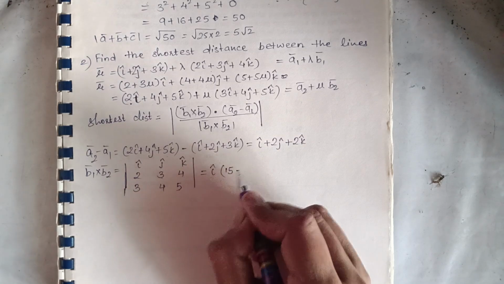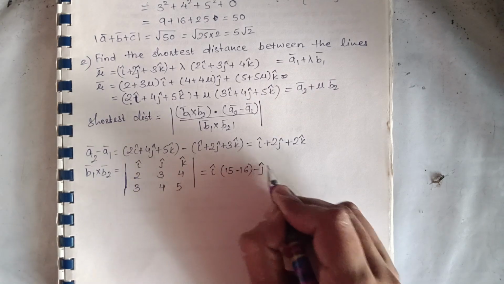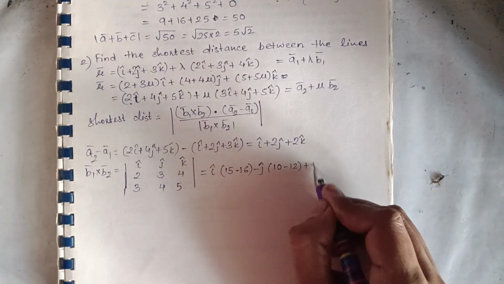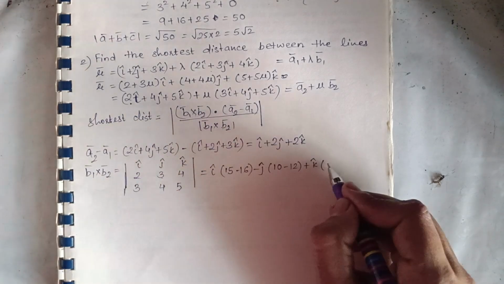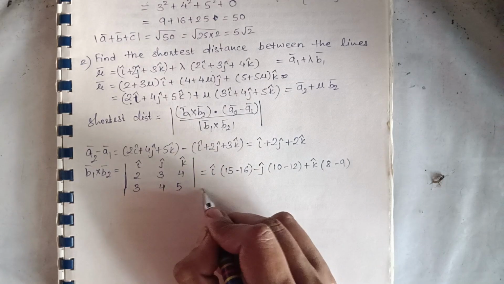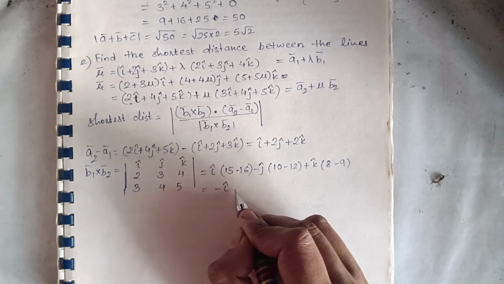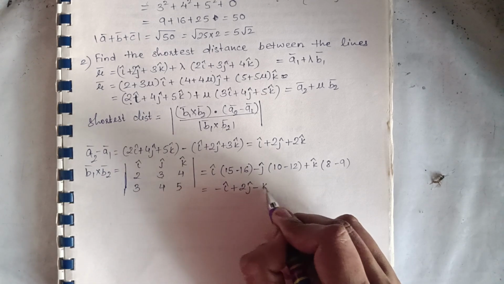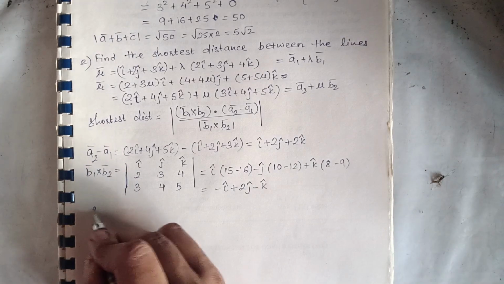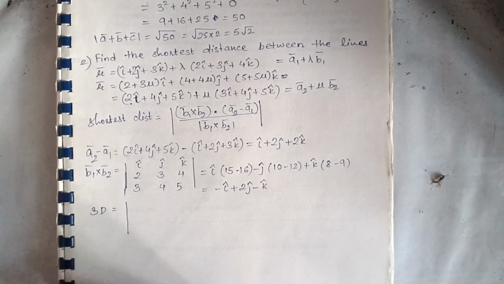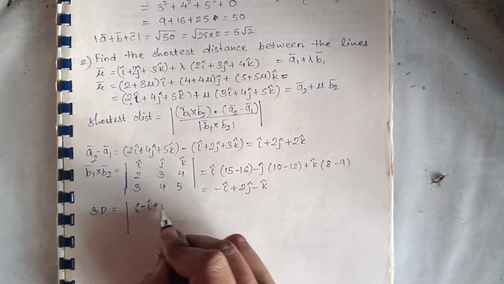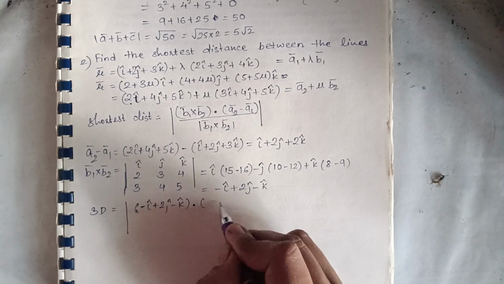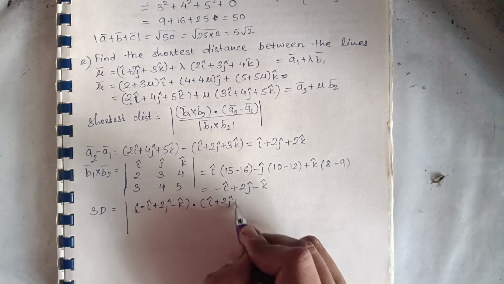3 5s are 15, 4 4s are 16. 10 minus 12, k, 8 minus 9. So this is minus i plus 2j minus k. Okay. So the shortest distance is minus i plus 2j minus k dot product i plus 2j plus 2k